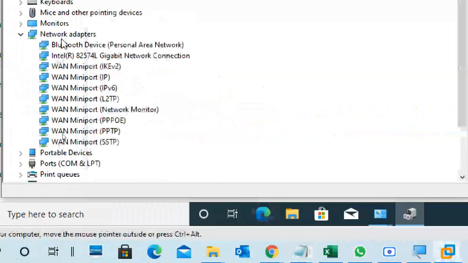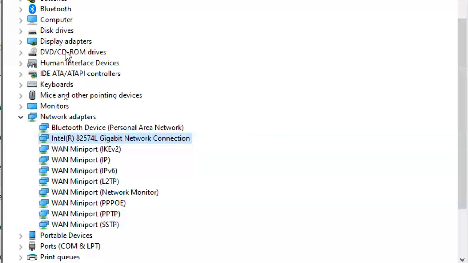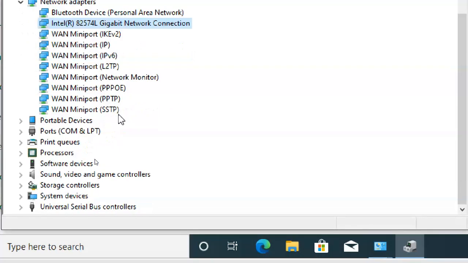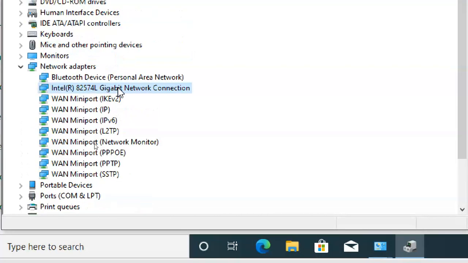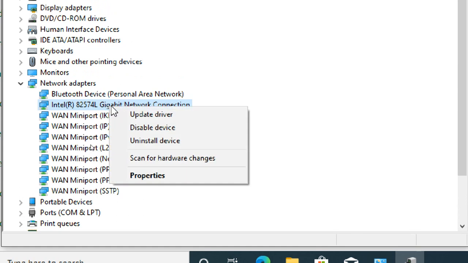Just for example, this is a network related one, this is a Bluetooth related one, a disk related one, or a keyboard, mouse, Bluetooth mouse. Different things are there in your system. Pen drives, all come under devices only. Okay, so these are the devices. Two, three options I will tell here.